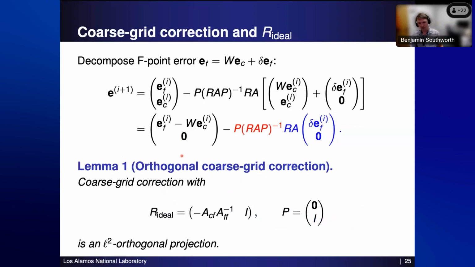Just a side note, remember I commented on non-orthogonal corrections increasing error. If you actually have the ideal transfer operator for restriction, then you can make an L2 orthogonal projection with this very simple interpolation operator right here. In practice, we don't use this, because if you're not exact on the ideal, then having nothing on F points can lead to instabilities, but we usually use very simple interpolation.